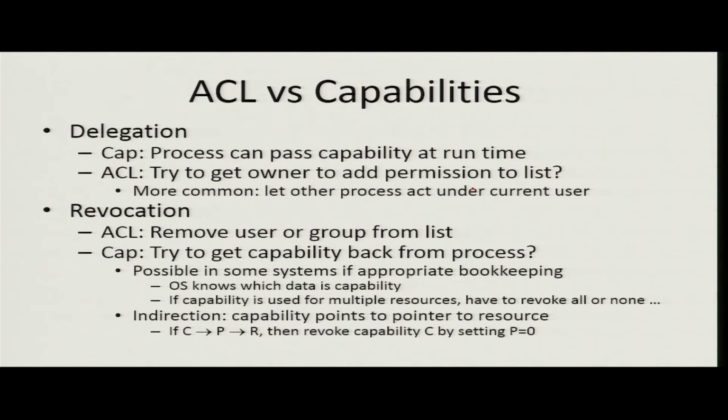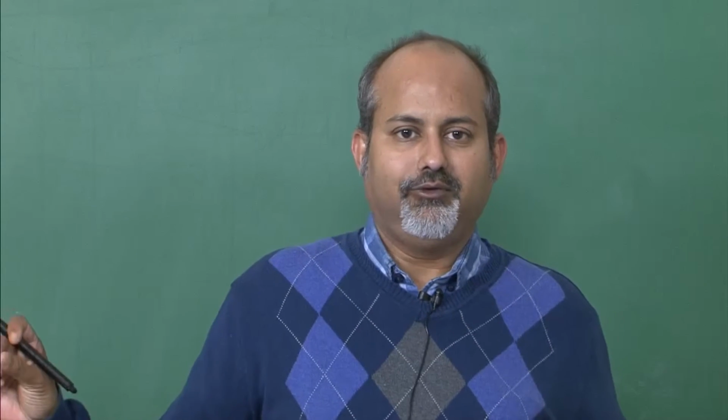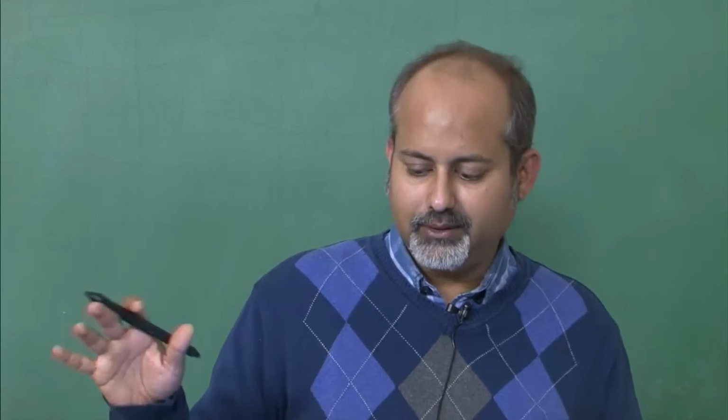So, delegation wise, the capabilities model allows processes to pass capabilities at runtime, whereas in ACL it is harder to pass the capability, because you have to make the user go and do a system level change in the permission. For example, if suddenly during your runtime you want access to a certain file for which you do not have permission, the only way is that the owner of that file or a higher privileged user of that file can actually change the access bits of that file, and that is usually not possible because that requires